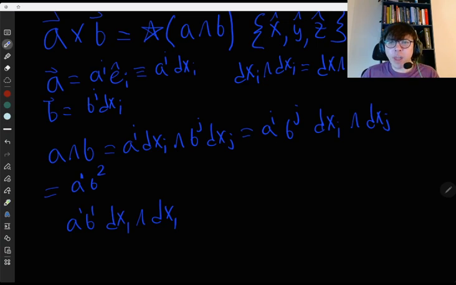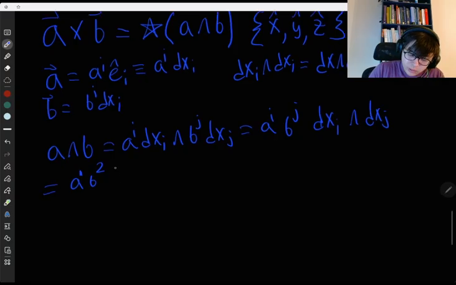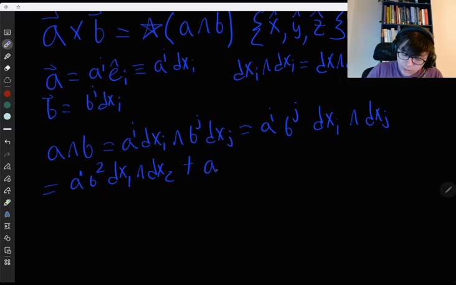But dx1 wedge dx1 is what? It's 0. So I don't ever want to write that one. So we get A1, B2, dx1 wedge dx2 plus A1, B3, dx1 wedge dx3 plus